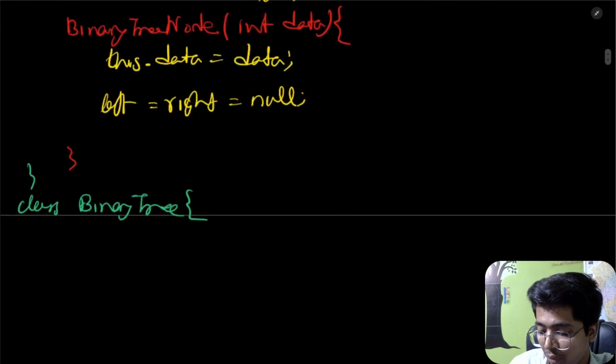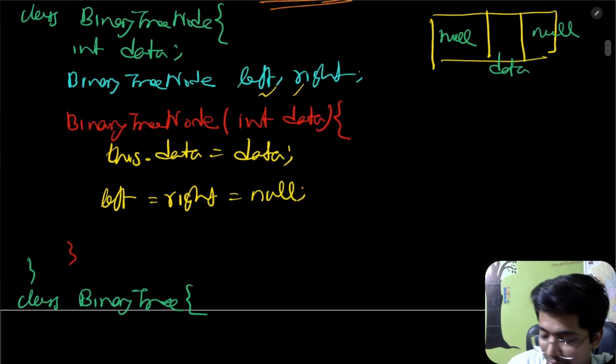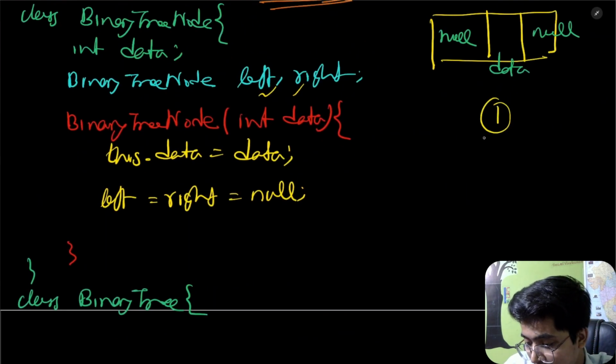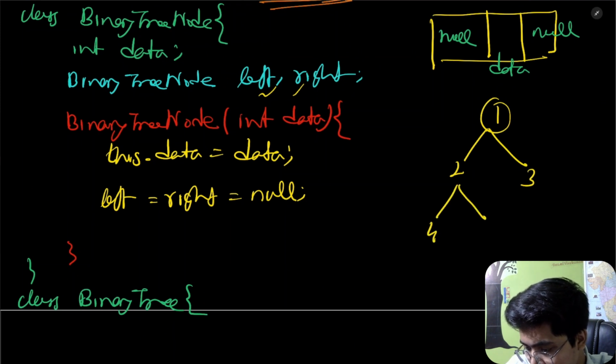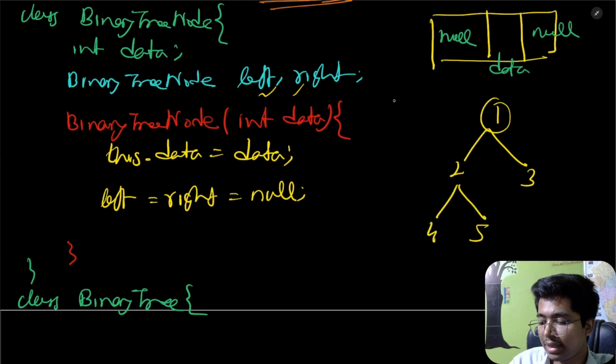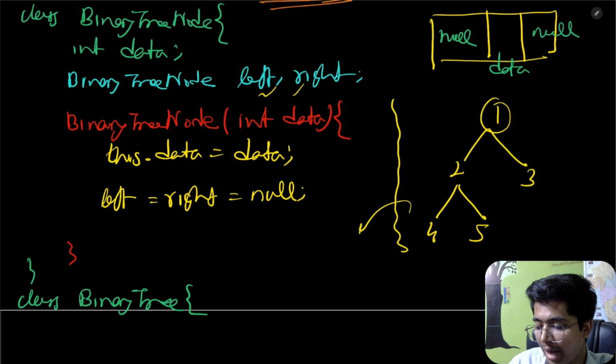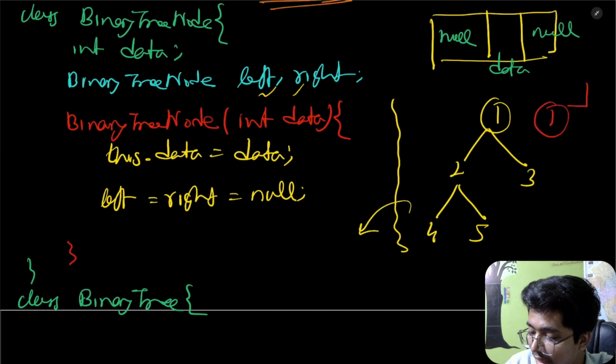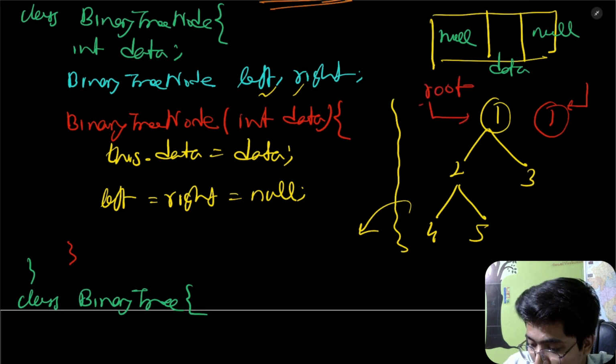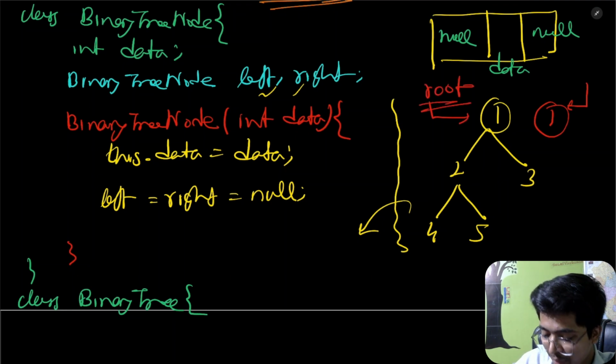This one: 1, 2, 3, 4, 5. So let me write the tree once again, else we will forget. 1, 2, 3, 4, 5. So now we'll be constructing the entire binary tree, and for that we will be writing this code. We'll be starting from class BinaryTree. First we'll be initializing a root node. Why? Because the entire tree starts from this position, and this first section is pointed to by the pointer called root. So first we'll be creating a root,